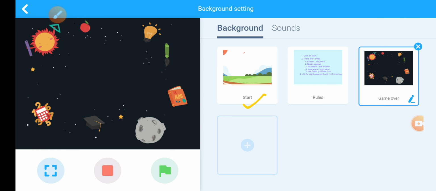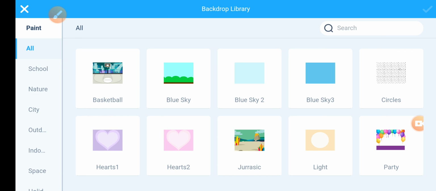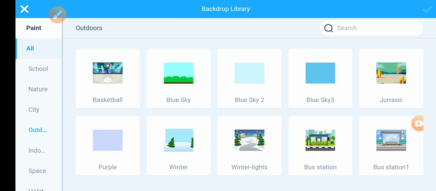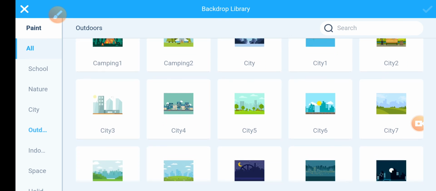Look at start, rule, game over, then the landscapes. First is high wind. Click on that plus button. Go to outdoor, any one background that shows high wind.